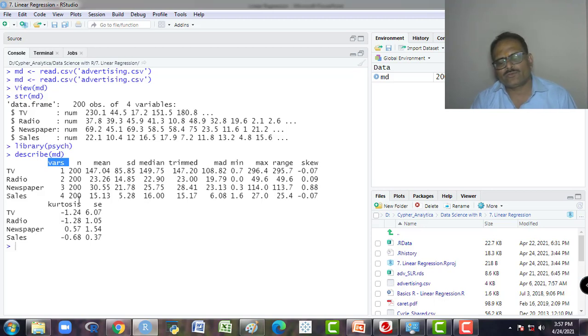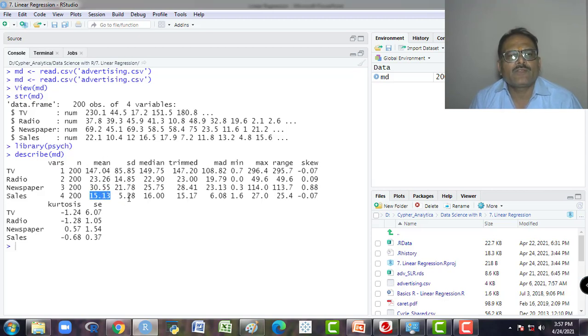Number of observations is 200 everywhere, there is no missing value. Mean of TV is 147.40 they are spending, and on radio 23.26, and this is the sales. So sales have a different scale. Suppose these are in thousands, so this is in millions.